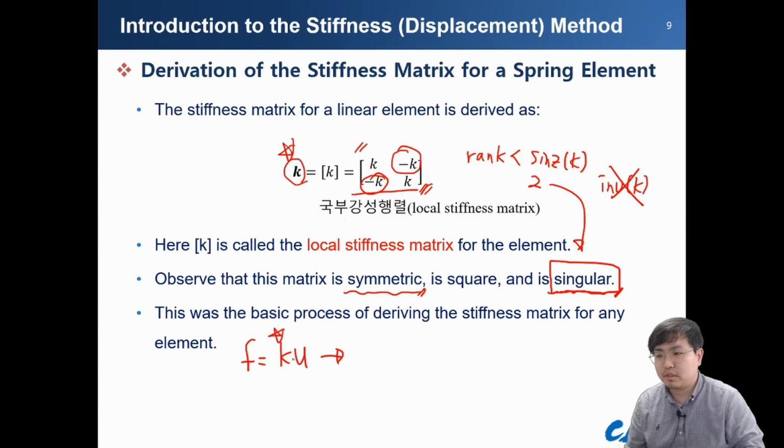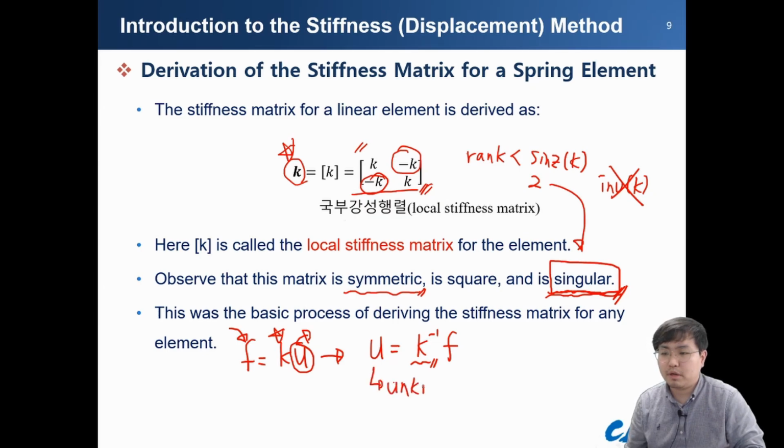The local stiffness matrix is a system of the solid structure, and we are going to apply some external force to it. That means we want to calculate the displacement of the nodal points of the solid structure. So finally we are going to use this relationship. In here, this local stiffness matrix may be a singular matrix. That means we cannot obtain